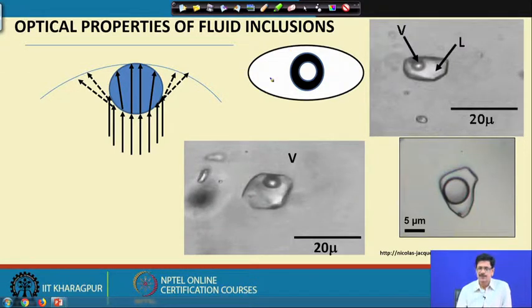This one type of inclusion is sometimes pretty abundant, because we have a water-rich fluid in most cases. The dominant constituent of the fluid that we deal with is water in many situations in crustal conditions. That is why these inclusions generally constitute a dominant number in any of the samples we study.